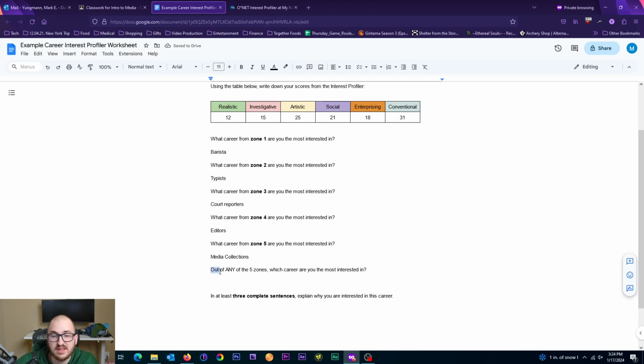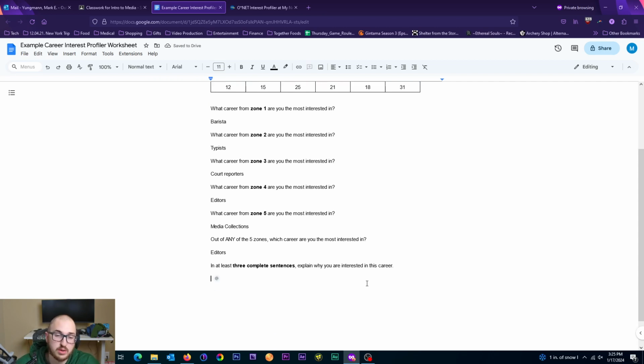On this last question, it's asking, out of any of the 5 zones, which career are you the most interested in? And I'm going to go with editors. I've already chosen that career, and it's worked out okay for me so far. So why don't we say editors? Lastly, at the bottom here, we're going to explain why it is that we're interested in this career. So just in my example here of editors,